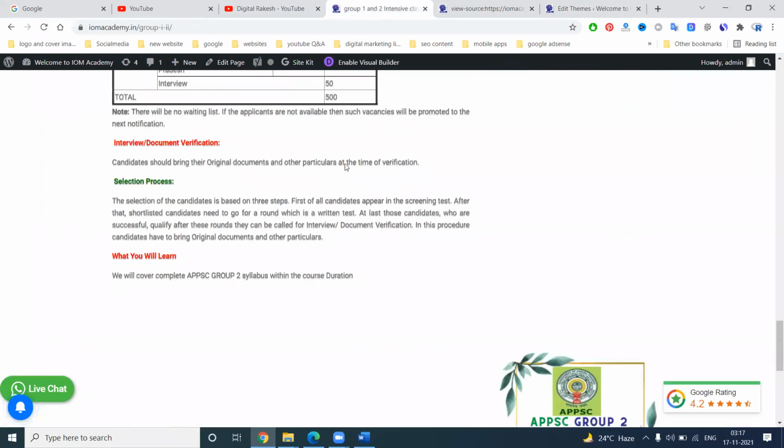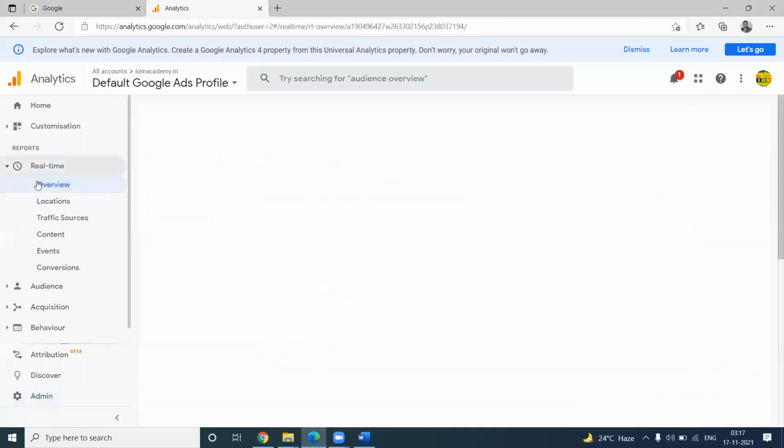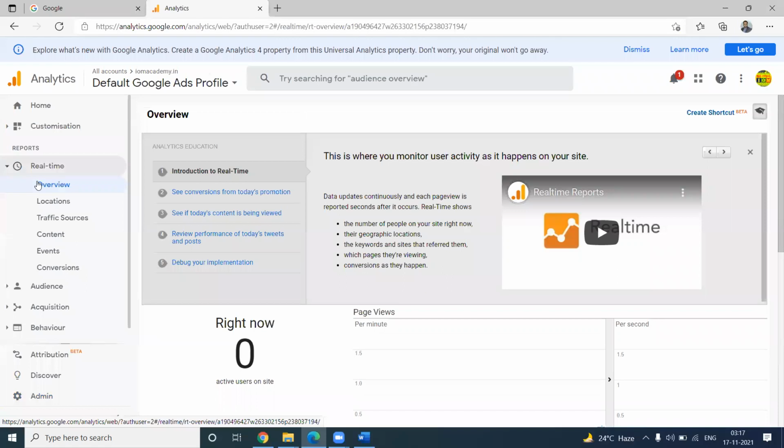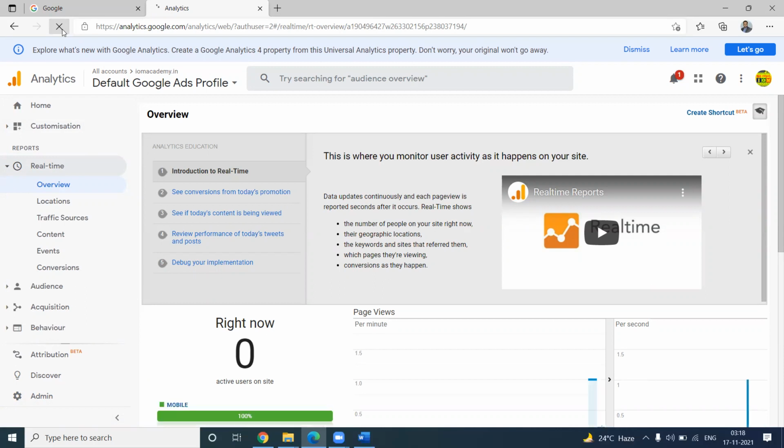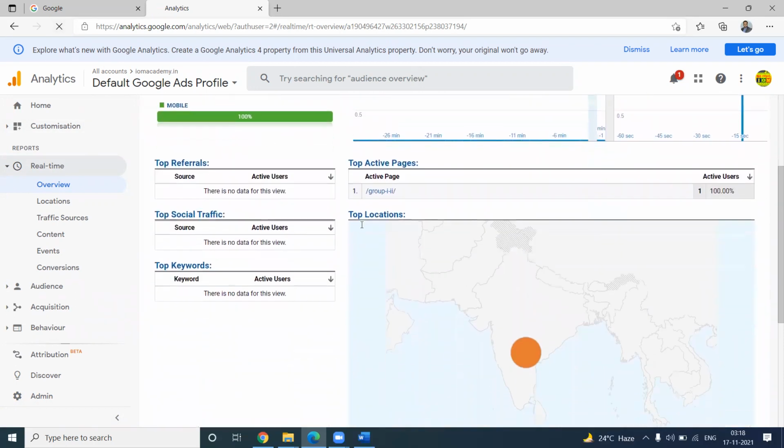Once we refresh the content, you go to Real Time. We need to know whether it is in an active or inactive state. It needs to show properly the right now users, mobile users, desktop users, anything. When you can see customers on the particular page, we can easily know the code is working accurately in the Google Analytics option. So right now we are refreshing this page. Right now the mobile user count is 1.